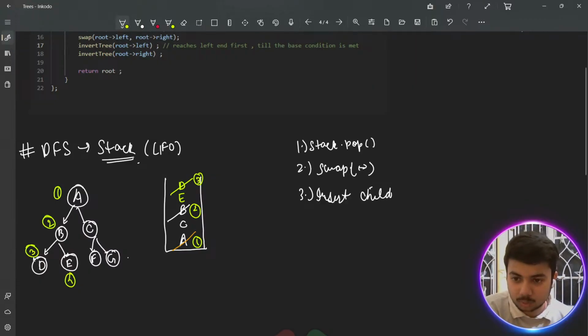ठीक है, 1 2 3, once you are done with this, a base condition is met, you fall back to B, then you go right. ठीक है, अभी राइट में गए, फिर यू गो लेफ्ट, बट यहाँ लेफ्ट पे कुछ नहीं है, तो तुम E को हटाओगे. नाउ यू मूव बैक टू B, देन यू मूव बैक टू A. गुड, नाउ दिस इज फिफ्थ. पांचवा पे भी यही है, पांच एक्चुअली यहाँ ना लिखो. अभी A को मूव करने के, यहां से A गया, अभी A के राइट पे आओगे तुम. ठीक है, A के राइट पे क्या है, C. तो अगर तुम C हटाए, अब जैसे तुम C हटाओगे,